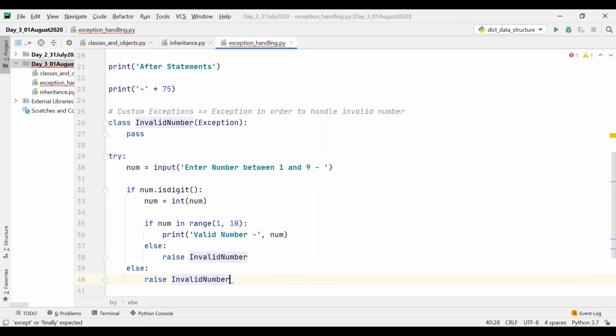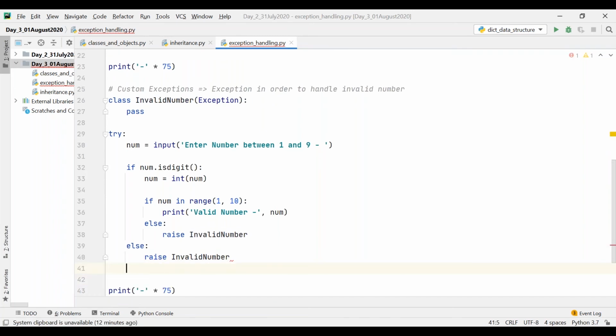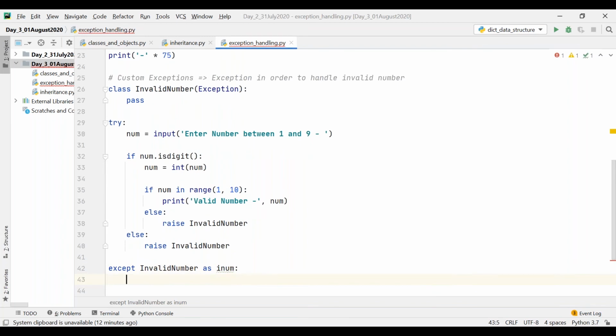Now I'm going to handle this exception: except InvalidNumberException as inum. And then I can just print invalid number, and then give num like this.